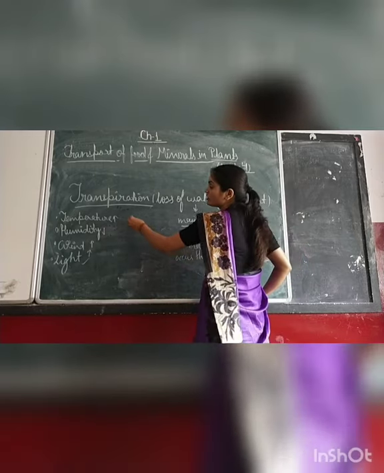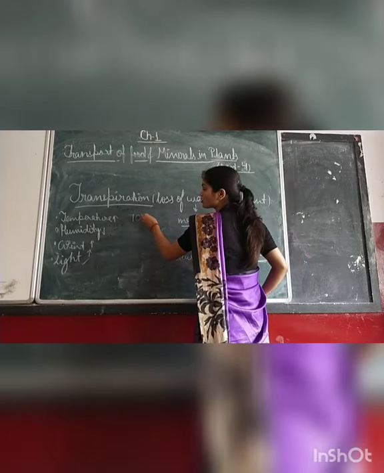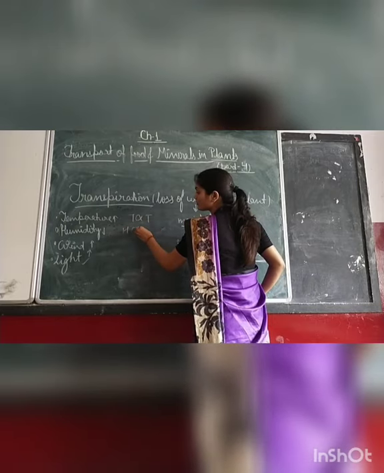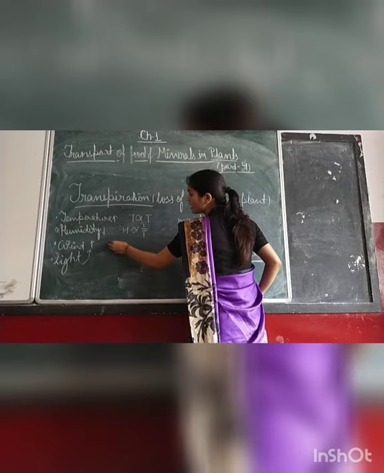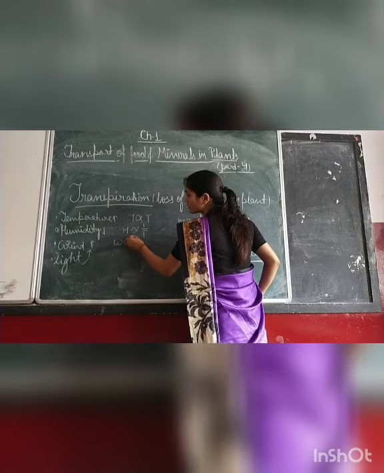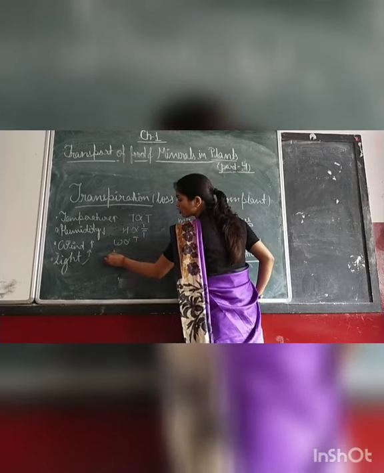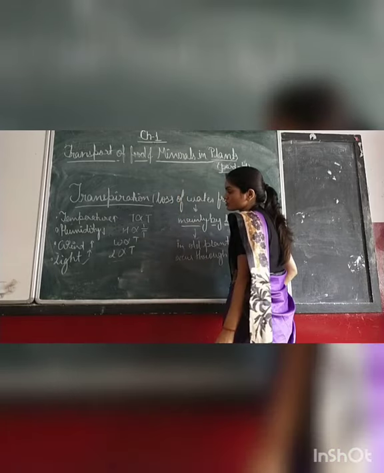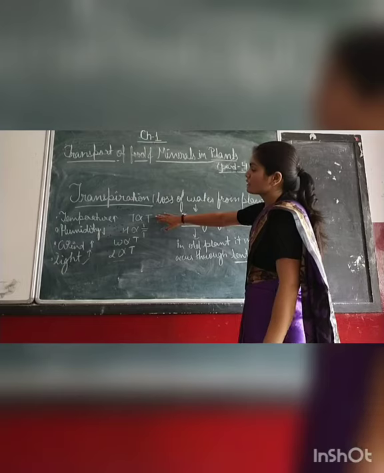So if we talk about the temperature, it is directly proportional to transpiration. If we talk about the humidity, it is inversely proportional to transpiration. If we talk about the wind, it is also directly proportional to transpiration. If we talk about light, it is also directly proportional to rate of transpiration. Always remember students, I am talking about the